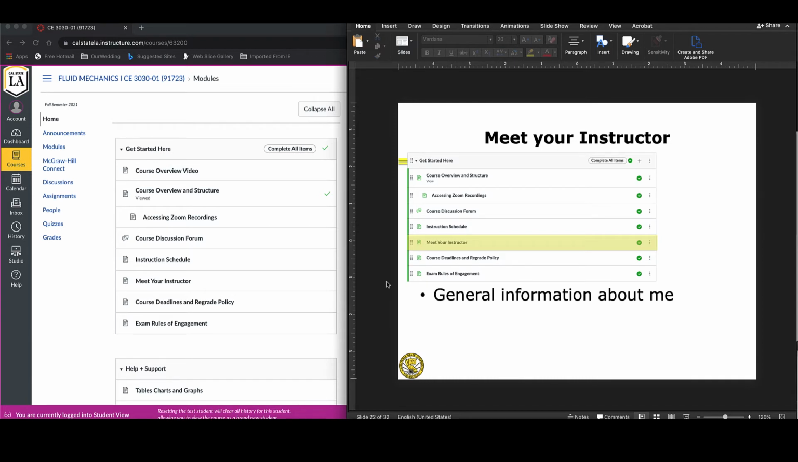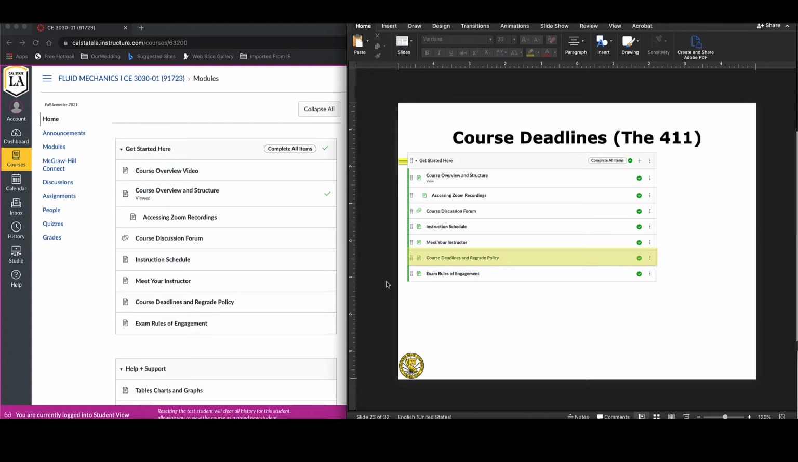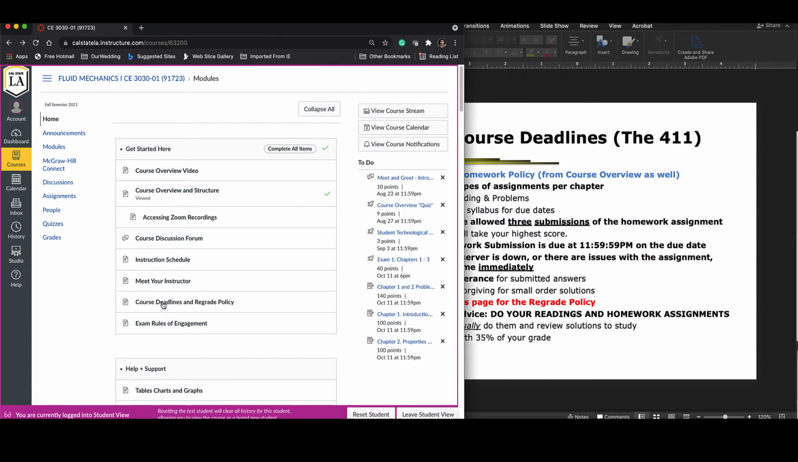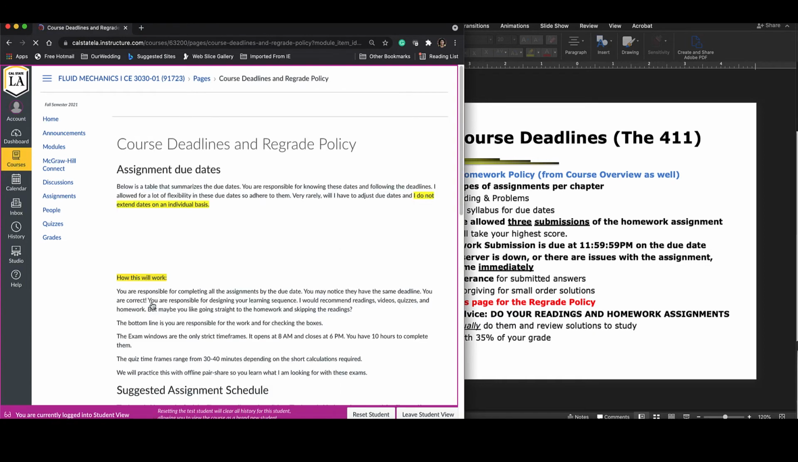Okay. In Meet Your Instructor, it's just kind of general information about me and where I come from as far as my upbringing and my research and academia and stuff like that. Just something to get to know me a little bit. Okay. In this page is course deadlines and the regrade policy. So all the deadlines, actually, let's go ahead and check those out. All the deadlines are there